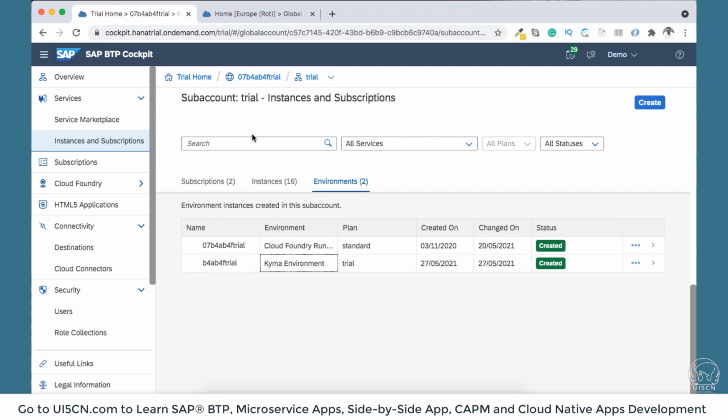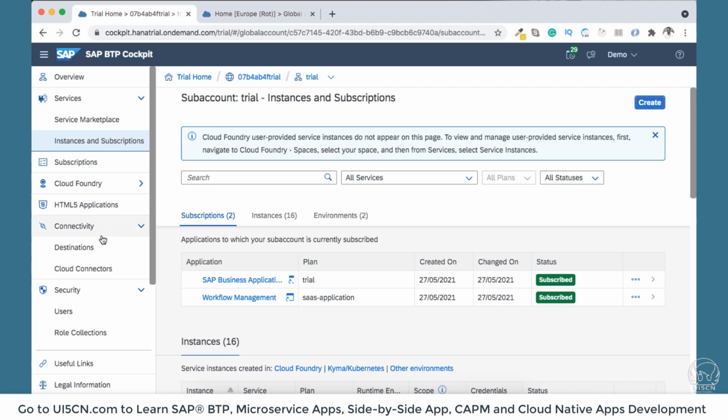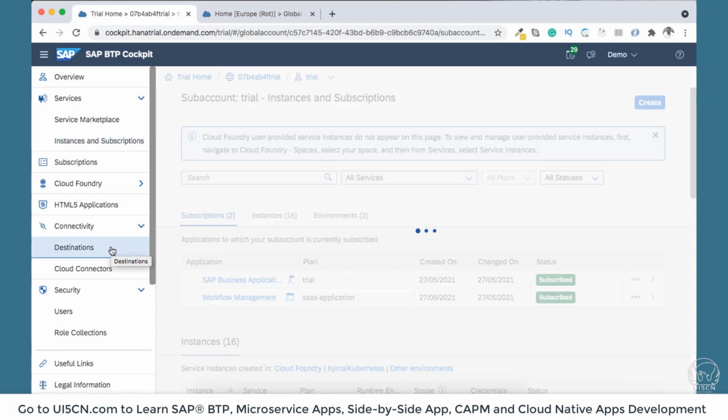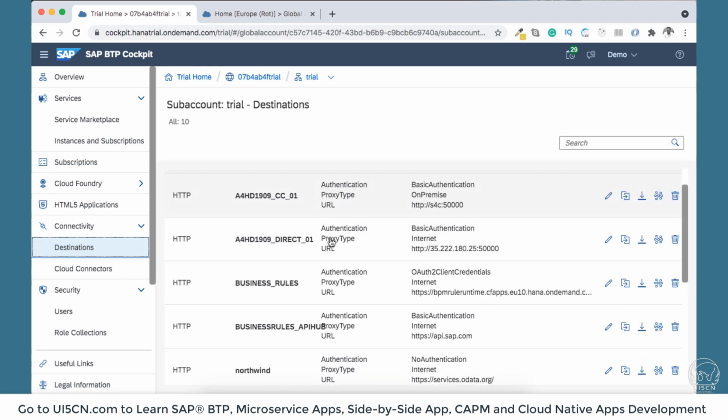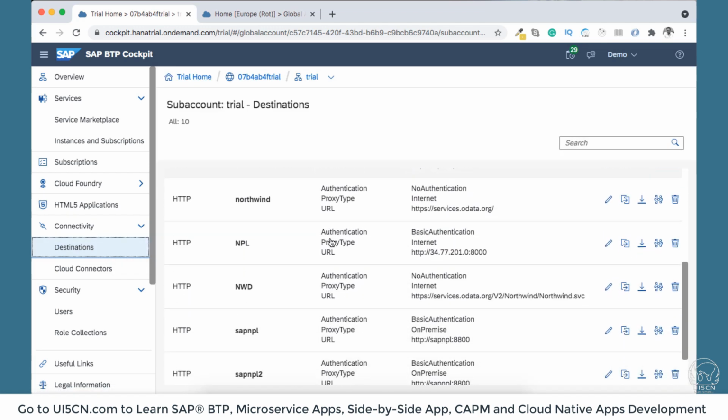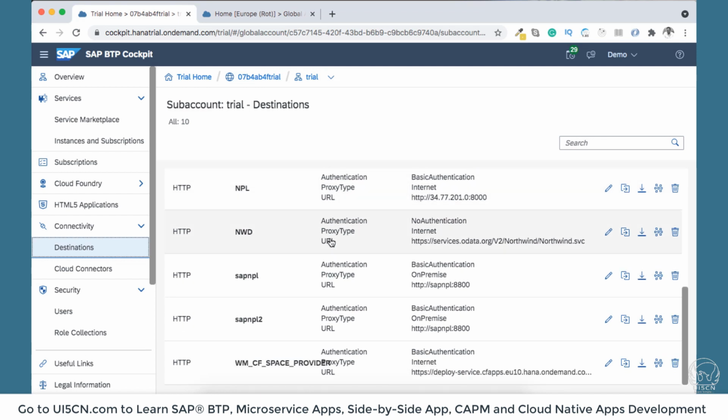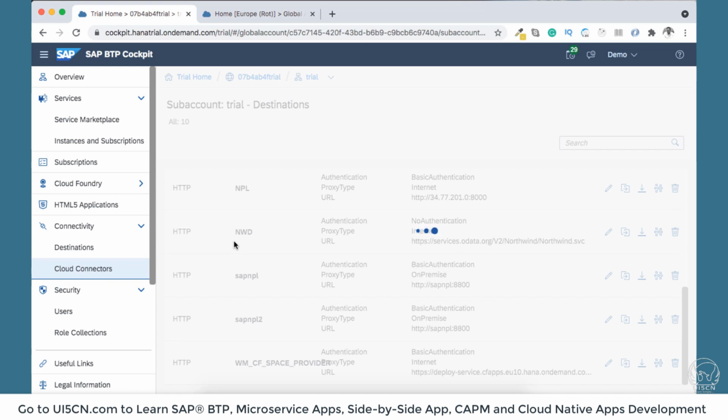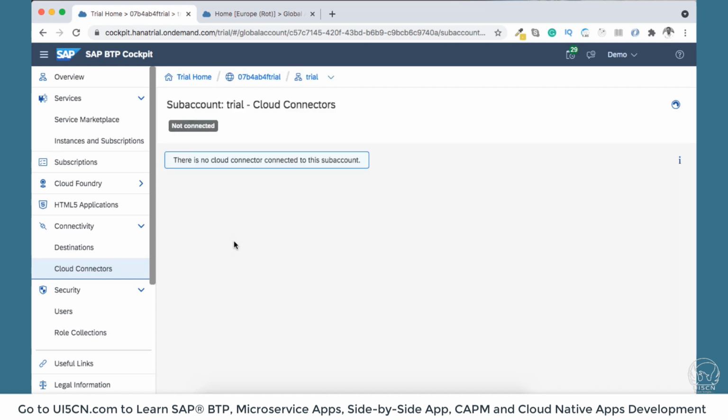And we're talking more about Cloud Foundry because at present, more of the Cloud Foundry development is getting carried on. And coming to the other functionality, connectivity here. So you can see here that you can create destination, and it can be an on-premise destination if you have an on-premise system and you want to reach that particular system. And you can also use Cloud Connector, which we will also see at a later point of this particular course. And using the Cloud Connector, you can connect to your on-premise system also, and you can access database or on-premise